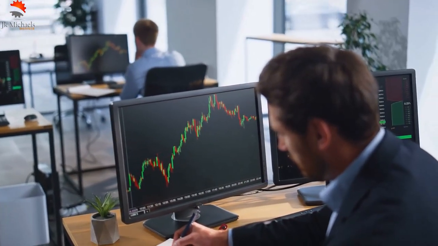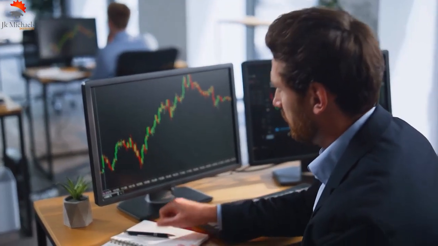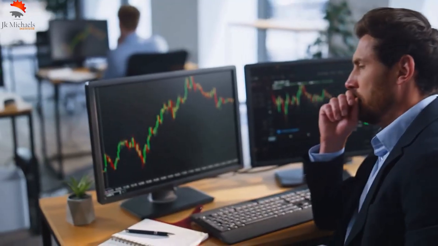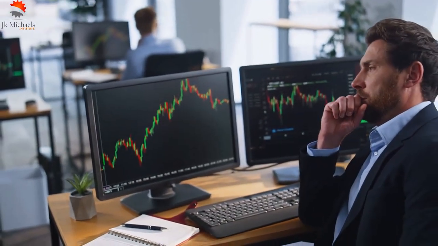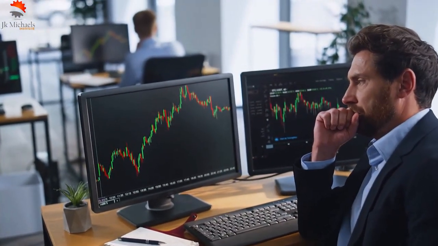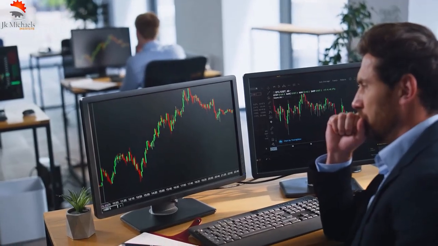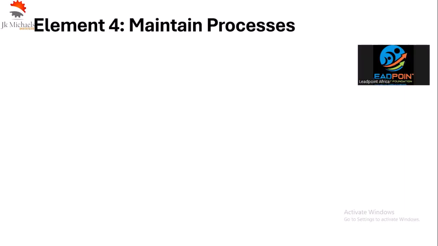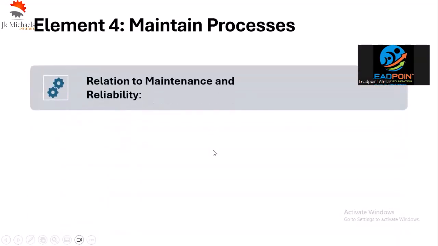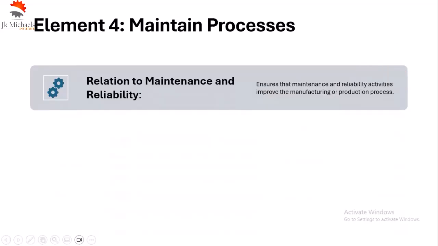It doesn't make sense to make changes and to properly manage changes if, after implementing and properly managing these changes, we don't maintain the process. The goal of maintaining the process is to continue to see the value of enacting or implementing those changes. Now let's look at how that works from the manufacturing process reliability.